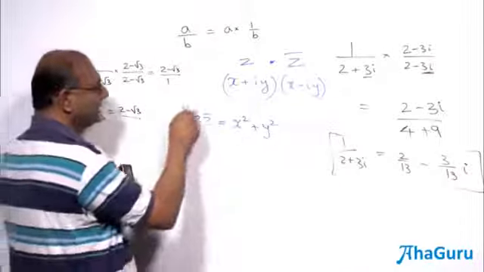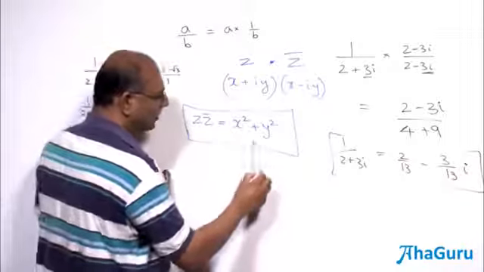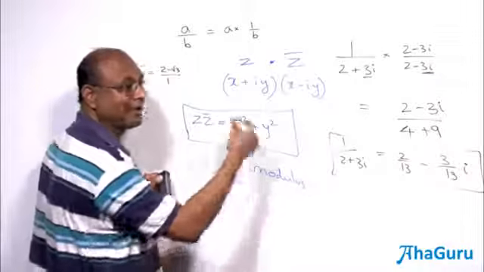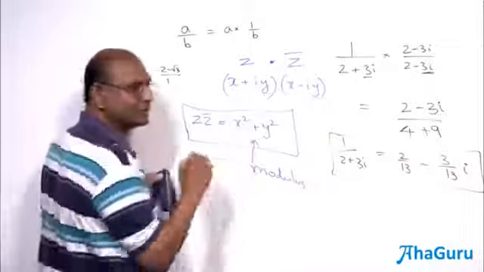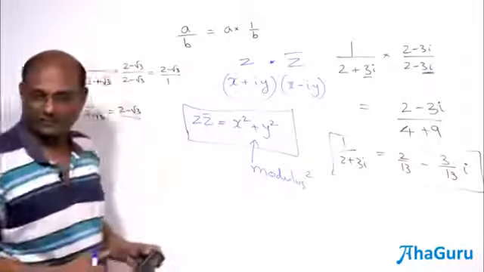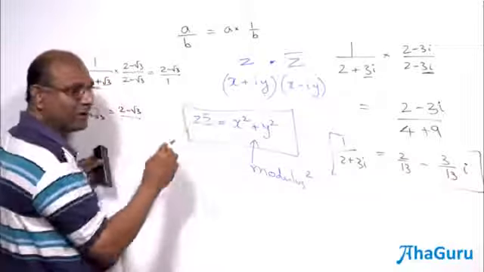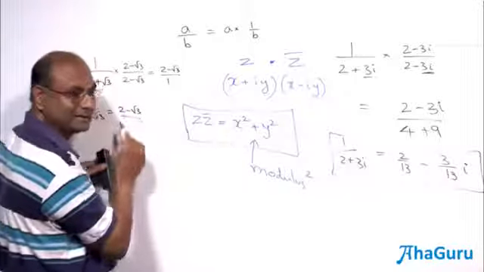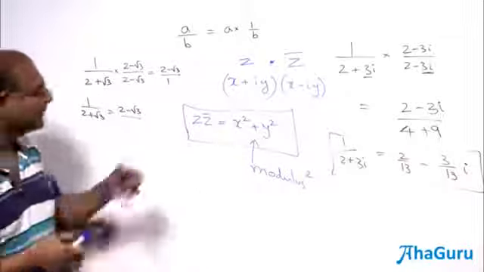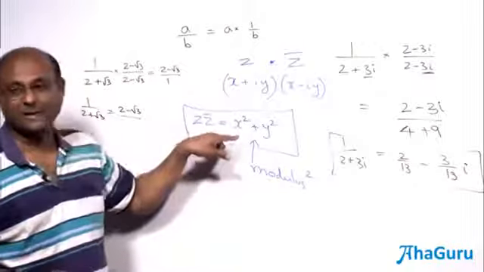Okay, this thing has a nice name. It is called the modulus of z. Well, not quite. It is modulus square. Root of this is called modulus. This is modulus square. Okay, so we will discuss a little bit more about what the meaning of modulus is. You will see that it actually means the length of that vector that we were talking about in a minute. Okay, we'll see that. But you will see that the modulus comes up in many interesting places.